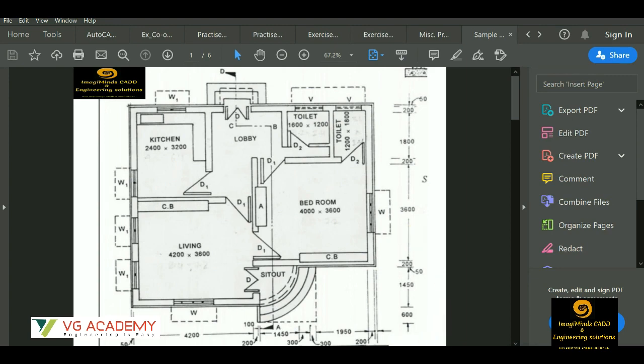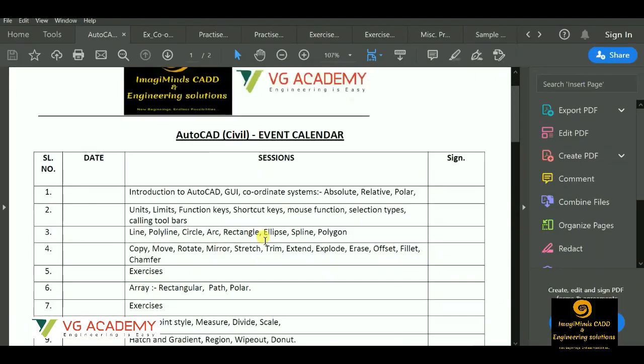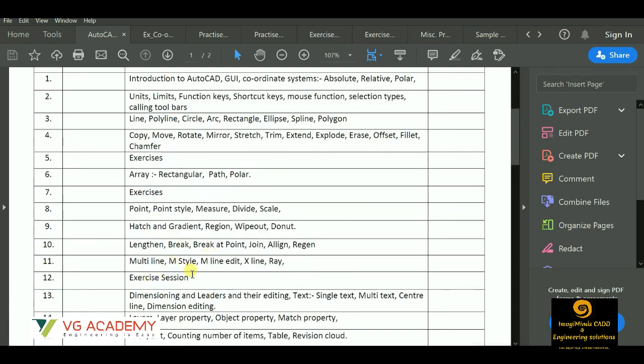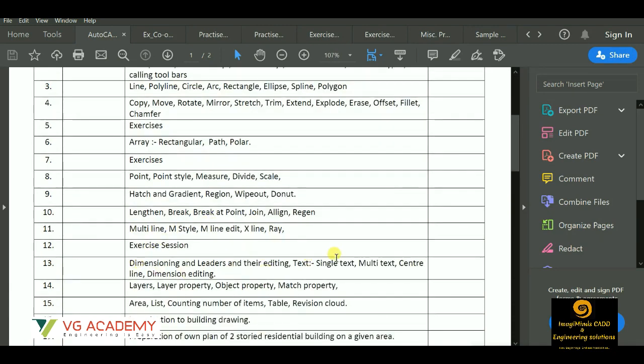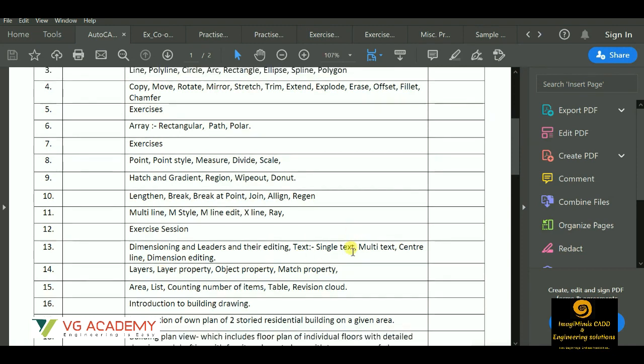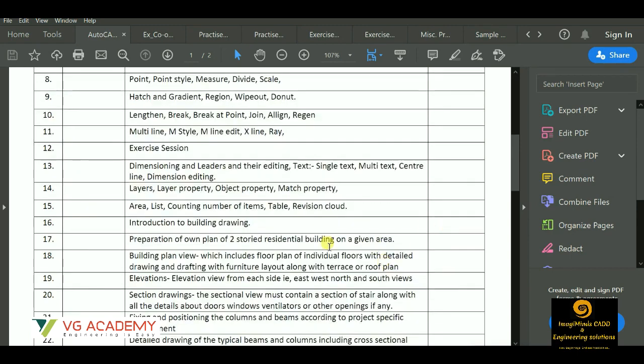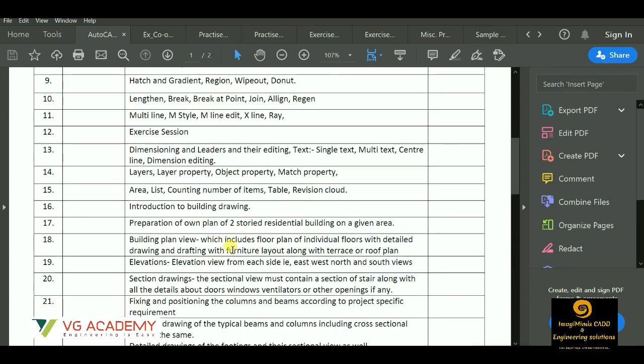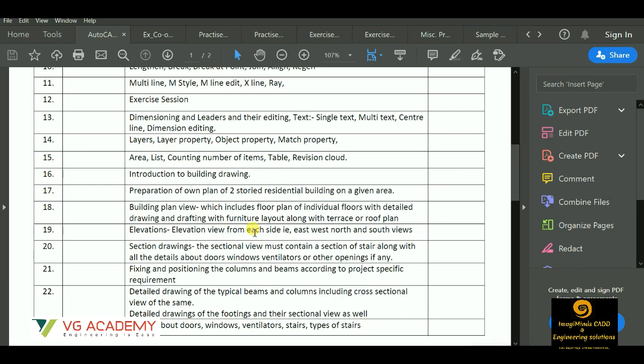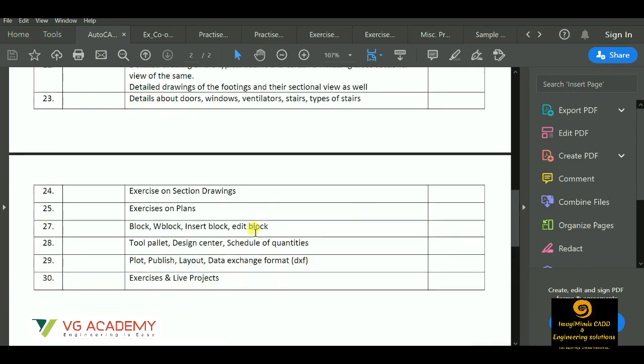We'll start with plans. In the syllabus also we can find out that these are the basic commands. After finishing with the basic commands, dimensions, layers, drafting, how to write text, we'll start with the preparation of your own plan. So we'll cover how to draw plans in a given area. We'll prepare the elevation, section, beam and column details, foundation and footing. Then we have some commands like block, W block, tool palette, design center, wherein you can find some ready-made blocks available. And then we'll finish with the